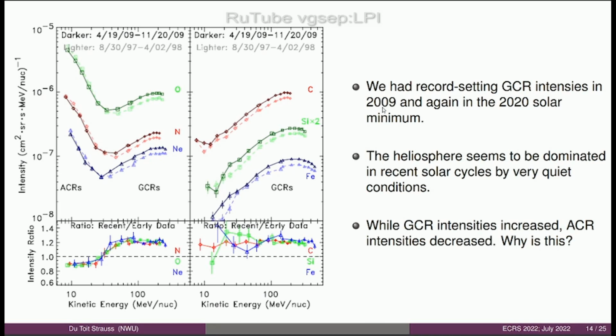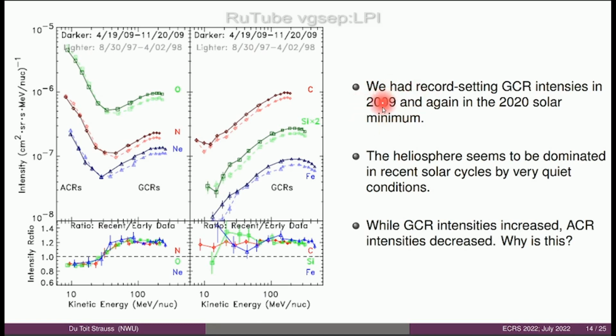So do we know shock acceleration produces the anomalous cosmic rays? We think so, but there are different ways in which we can probe this. And one way, which is a very indirect way of doing this, is by looking at what happened in 2009. So all the previous solar cycles from 1960 up to 1990 were more or less of the same strength. The particle intensities always recovered to more or less the same magnitudes, except in 2009.